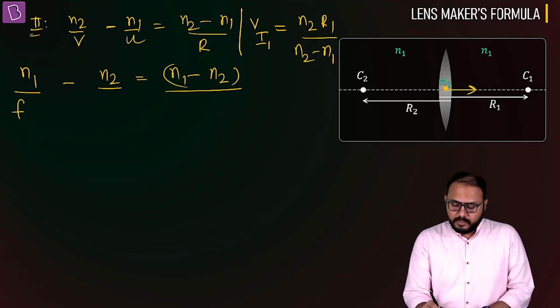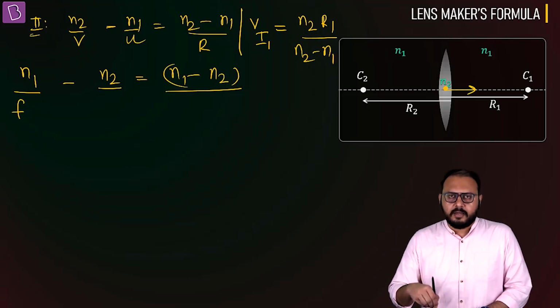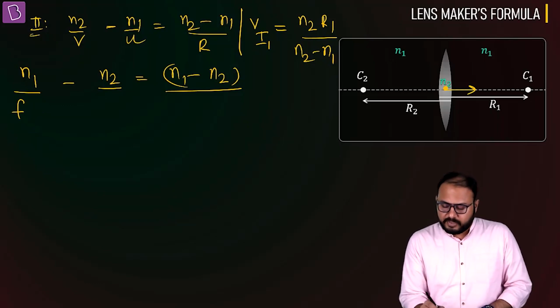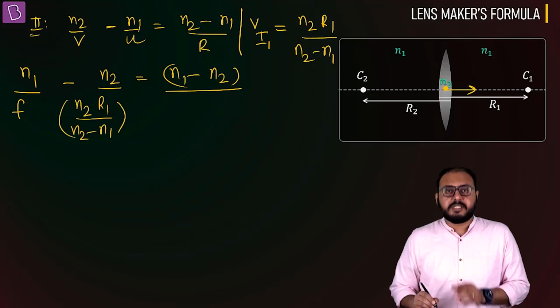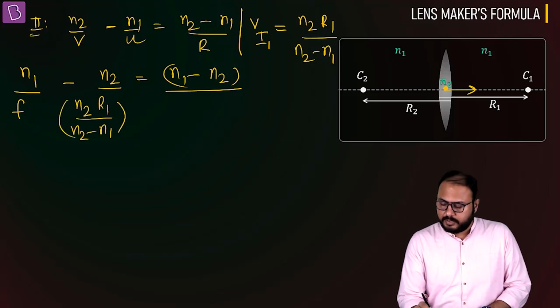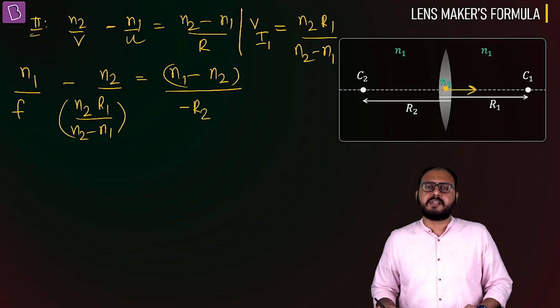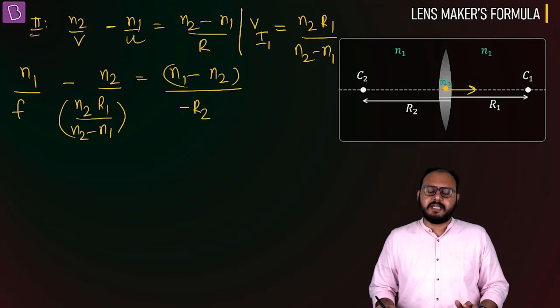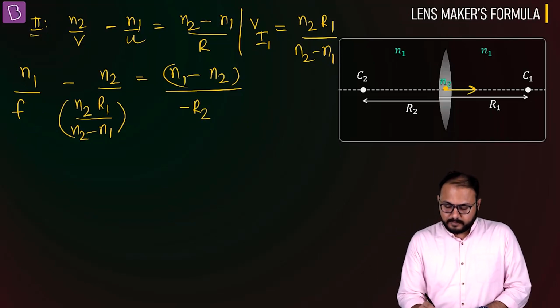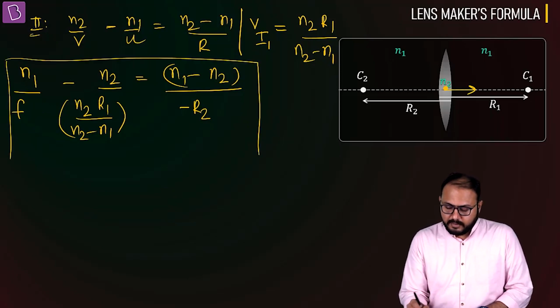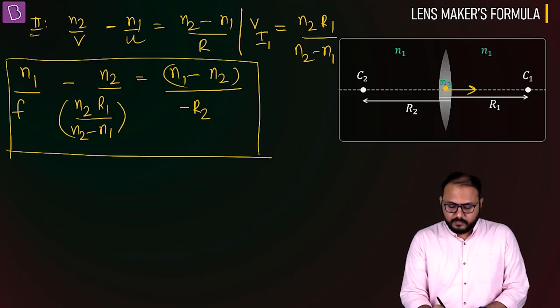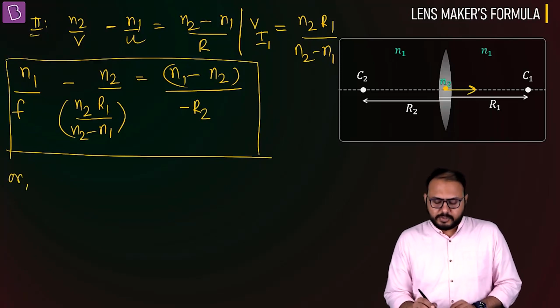Who plays the U now? The V of the before. The V of the before is right there. Why didn't you put an extra minus sign? Because it was already a coordinate. And this will be minus R2. Why minus R2? Look at the center of curvature of the second one. C2 is on the wrong side, the negative side. If you understand this box step, you have understood everything. I'm going further. Focus on the box step.